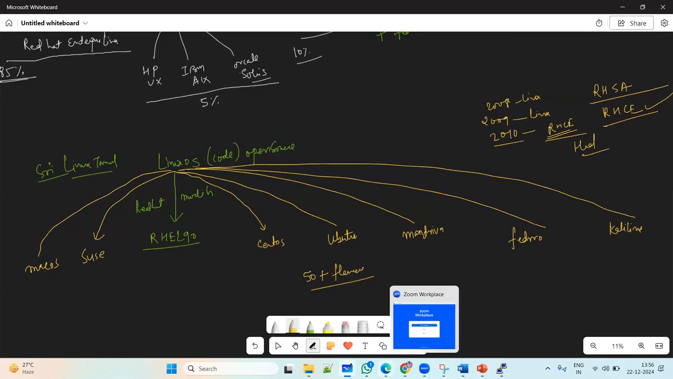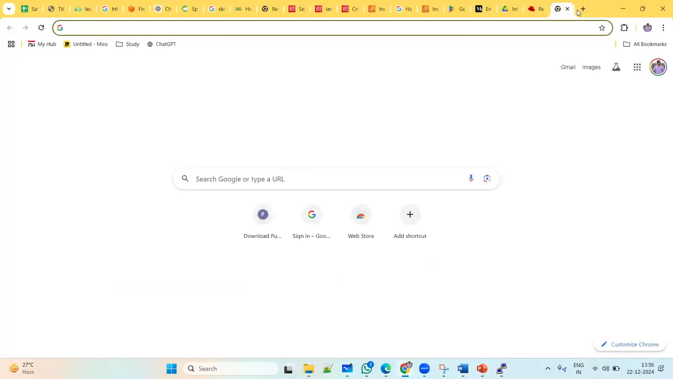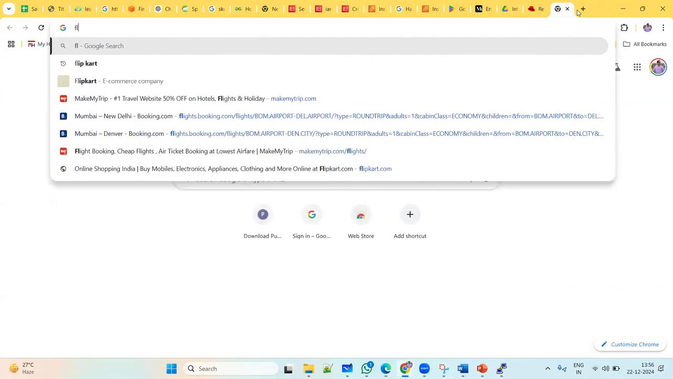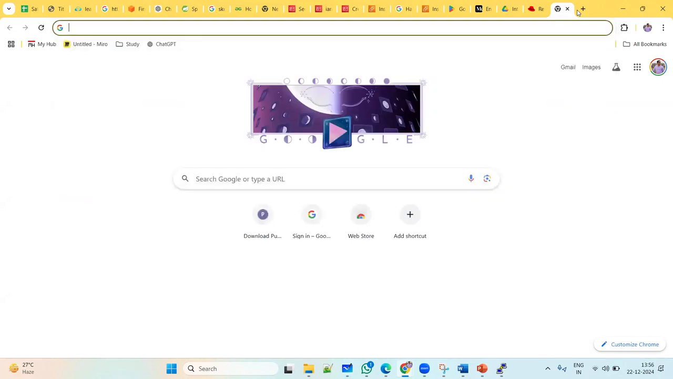Cool. So there are a lot of flavors of Linux, and trust me, I have experience in data centers. I have experience with legacy systems, so I can understand all the legacy systems. We have worked on legacy systems, so we have an idea of them. But trust me,